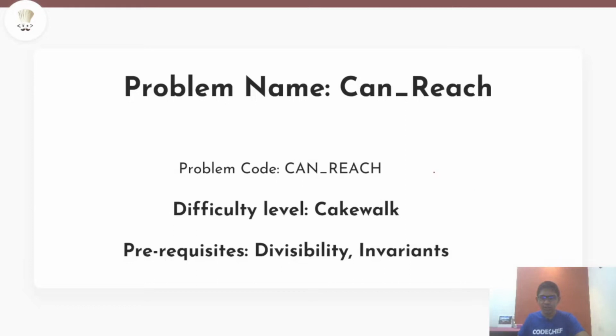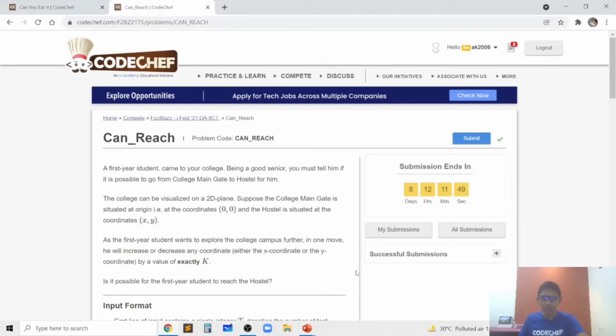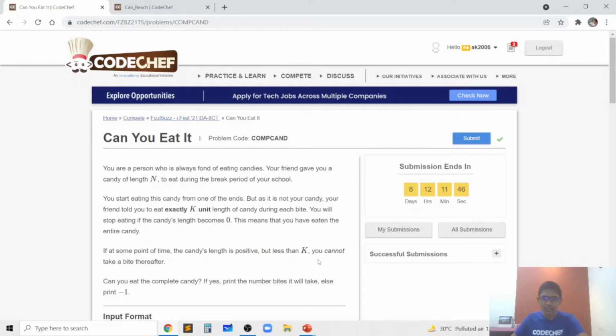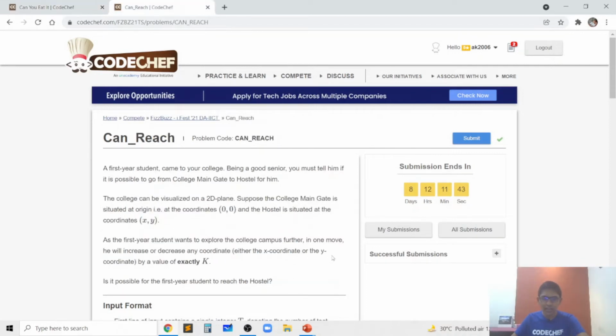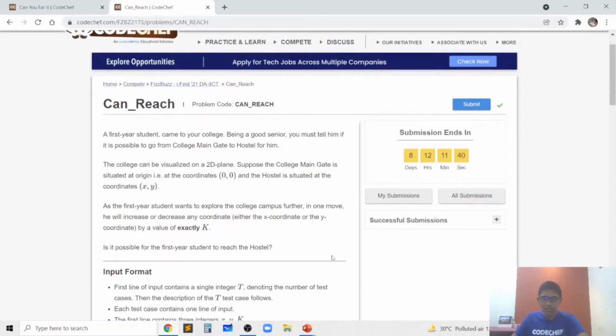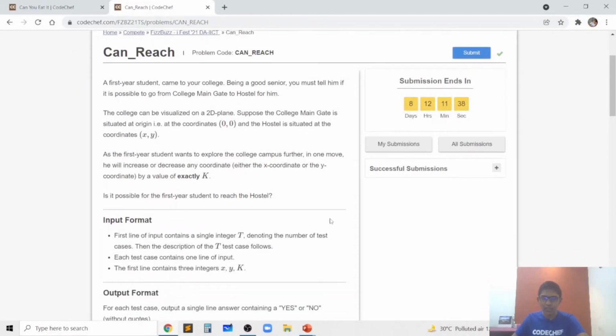This is the second problem in today's contest, and that's why it also has a difficulty level of cakewalk. You only need to know how to check if one number is divisible by another number in order to understand my solution. You don't need to know invariance, but this is a powerful idea which we will learn through this problem. So this is not exactly a prerequisite, but this is something which you will come to understand through this problem. This problem can actually be thought to be a bit easier than the first problem, and I'll be explaining why exactly. In this problem, we are basically given a 2D plane instead of a 1D plane